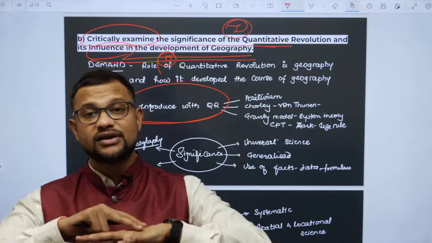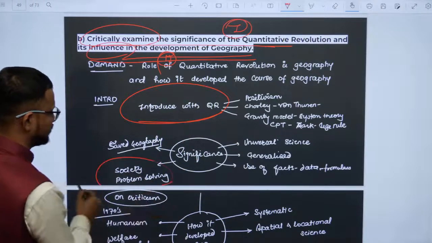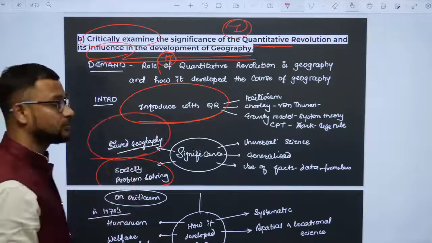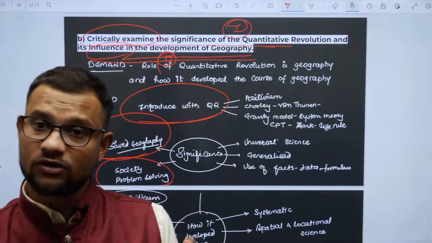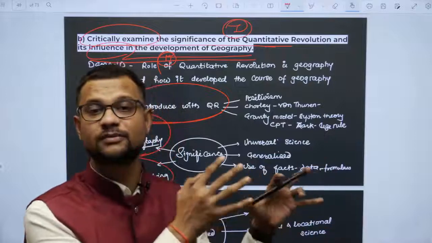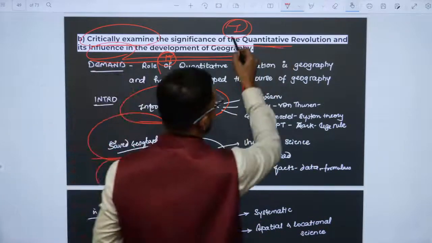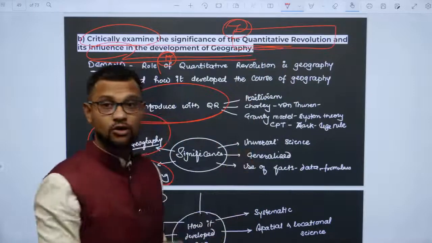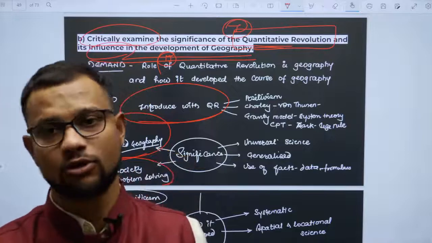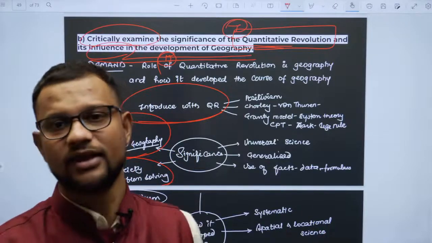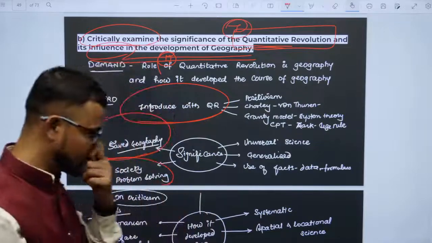And it avoided the extremity of world or regional variations. So it saved geography, because it developed at a time when geography was being removed as a subject of university science, and that is the significance of the quantitative revolution. It made geography alive. That is why the question is there; these are recurring things of geography, okay? Then